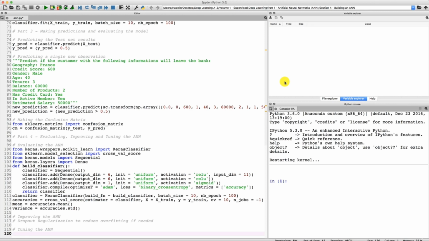Okay, so as you noticed, in this first artificial neural network that we just built, we have two types of parameters. We have the parameters that are learned from the model during the training, and these are the weights. And we have some other parameters that stay fixed, and these parameters are called the hyperparameters. So for example, these hyperparameters are the number of epochs, the batch size, the optimizer, or the number of neurons